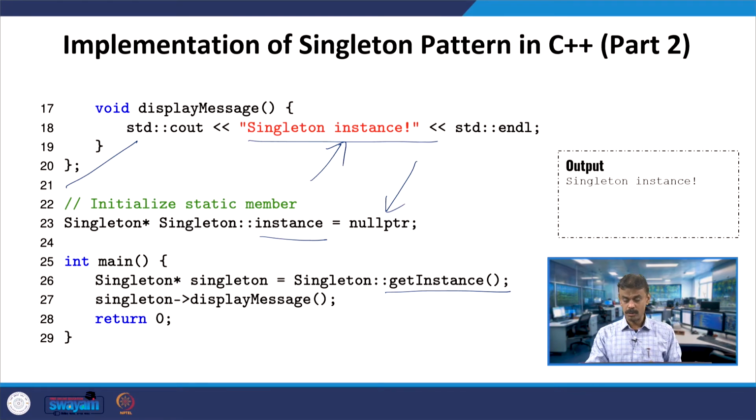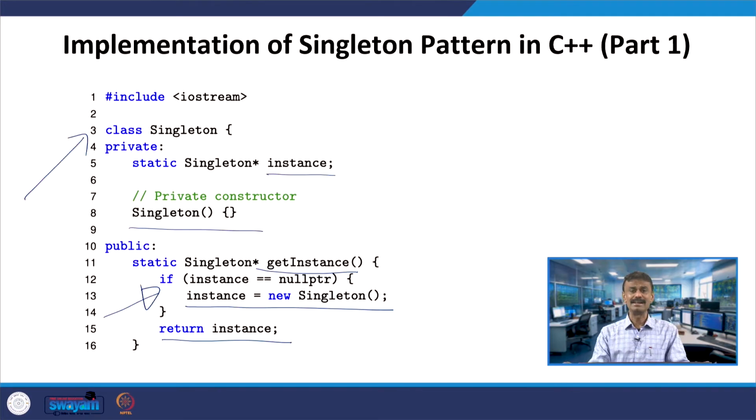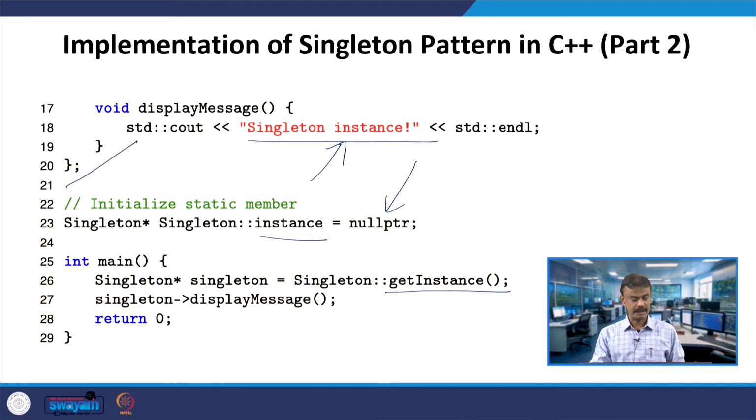So, when I run the code, we will get the output singleton instance. The main idea here is a class which has a singleton instance, one global instance, exactly like an office having one coffee machine. If the instance does not exist, we create it; otherwise, whatever instance has been created will be returned. And then I display the message, because the instance either was created or already exists.